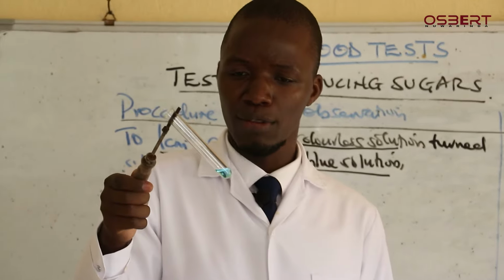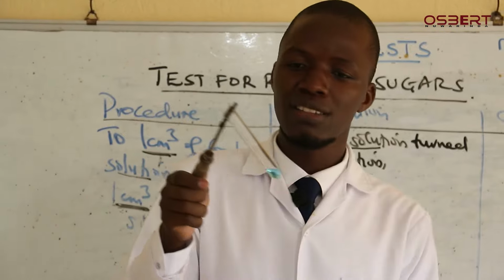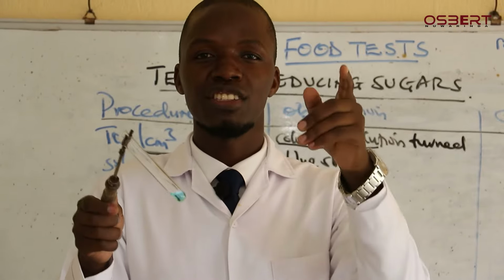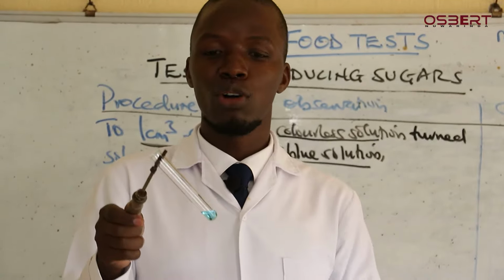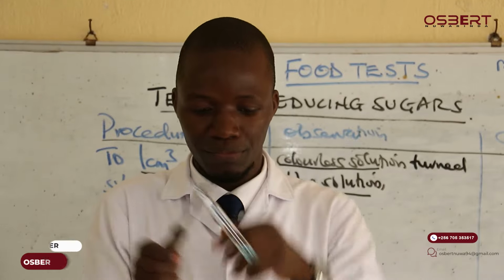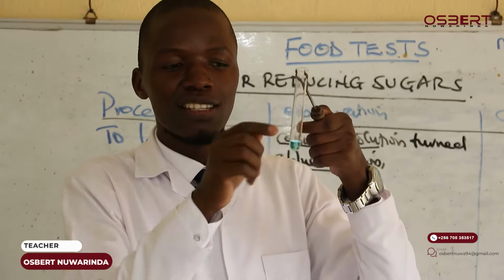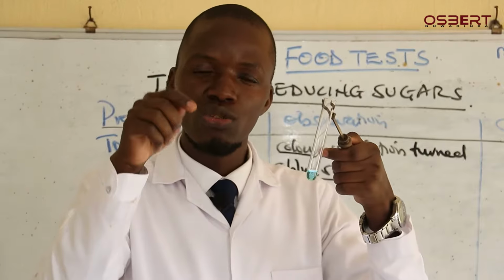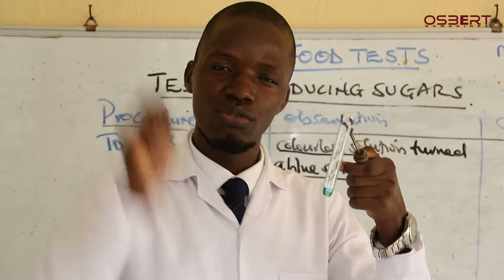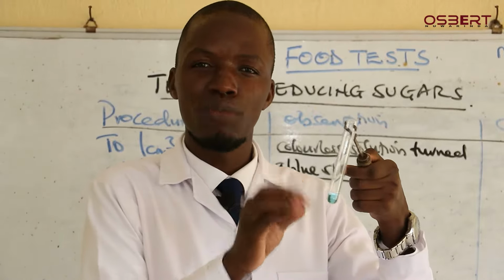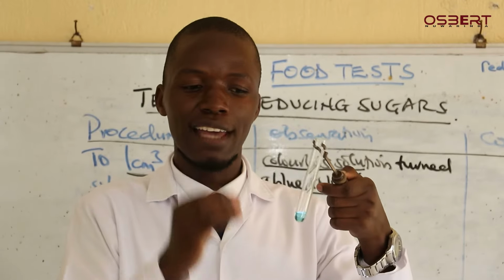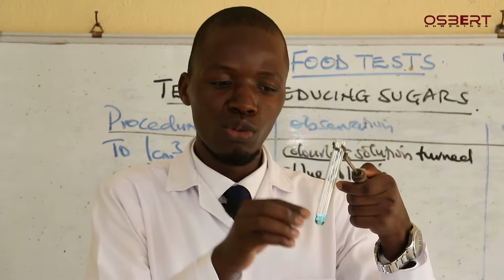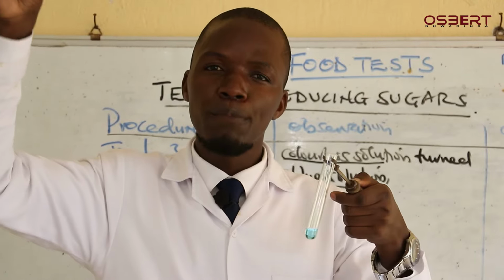Or if whatever I'm boiling has a reducing sugar, I expect these colors to change from blue to green to yellow to orange, even to brown. Why? Because the glucose is supposed to turn this copper 2 sulfate, I mean copper 2 ions which are in Benedict solution, into copper 1, and copper 1 is brown. So if reducing sugars are really too much, I expect these sugars to turn Benedict solution from blue to all other colors up to brown, which is the